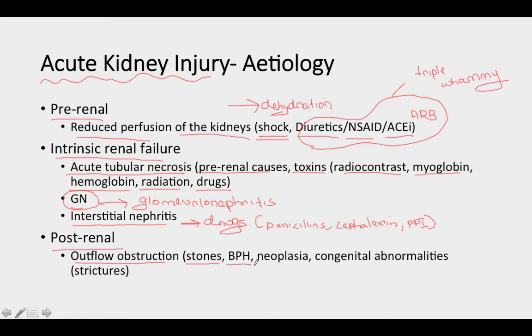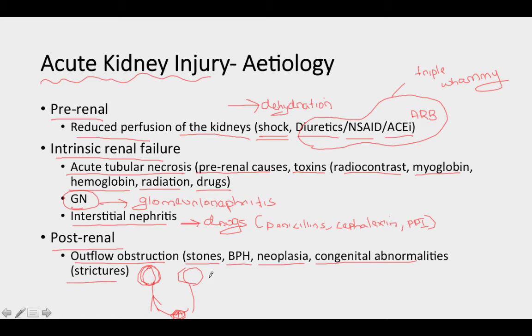Benign prostatic hypertrophy, prostatic neoplasia, or congenital strictures of the ureter can cause post-renal obstruction of kidney outflow and hence kidney injury. And the mechanism behind the kidney injury in these patients is a backflow of the urine. Say these are the ureters, emerging from the kidneys into the bladder. If you have too much pressure, you get a backflow of pressure up here, and you get